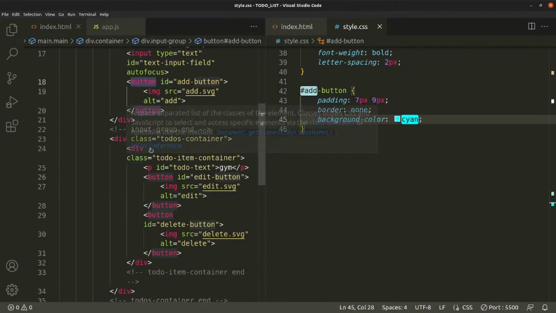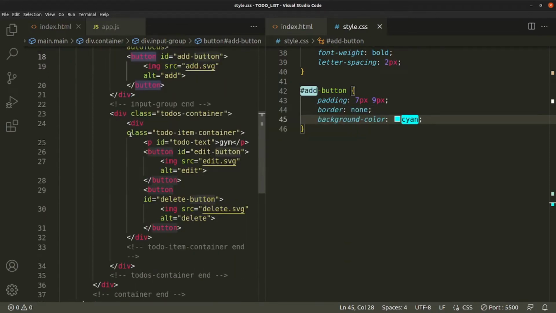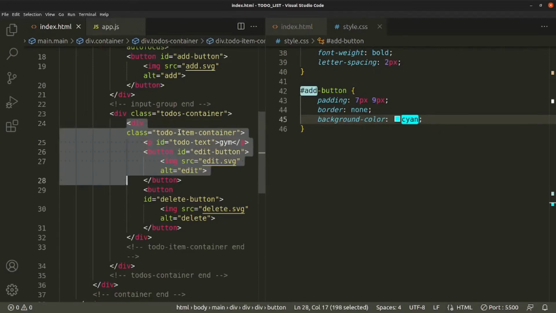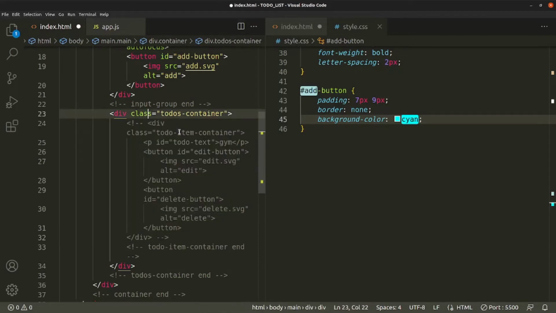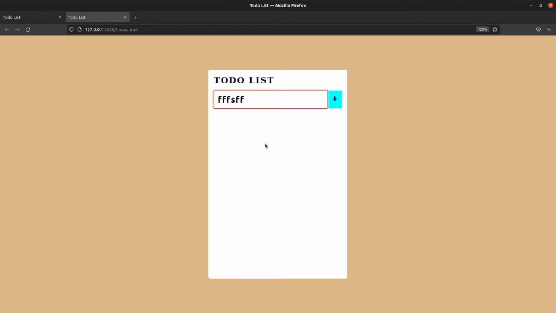Here, to-do item container. This part we are going to generate from JavaScript. I want to show you how it looks. So we'll keep it here. Ctrl slash to comment. Save this one. Let's go and check. See, now